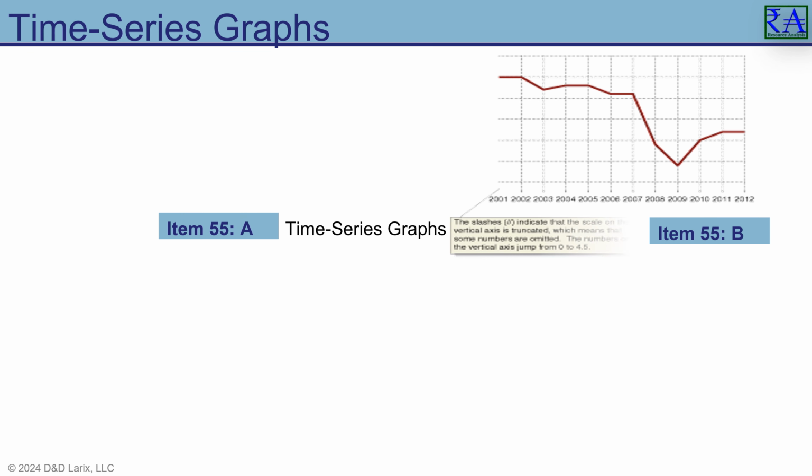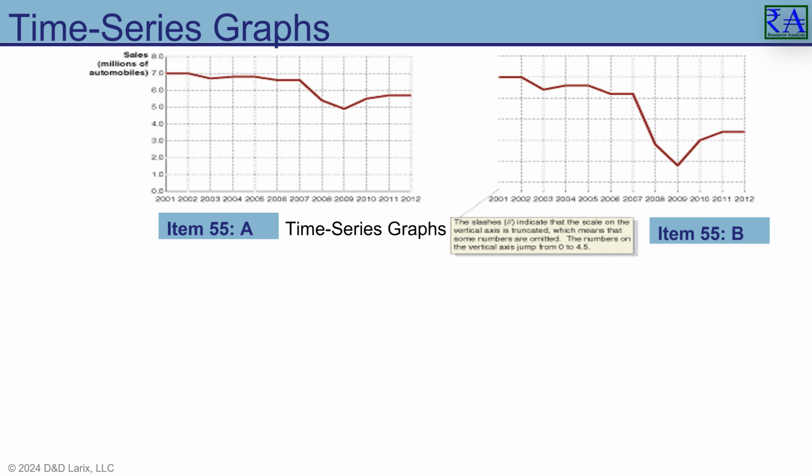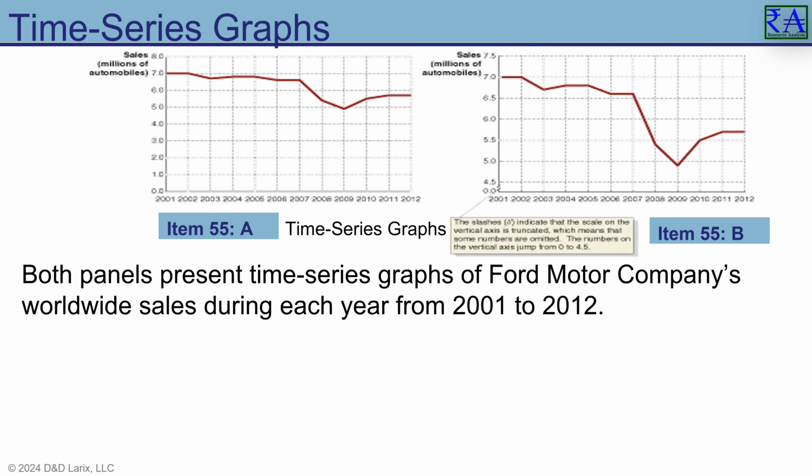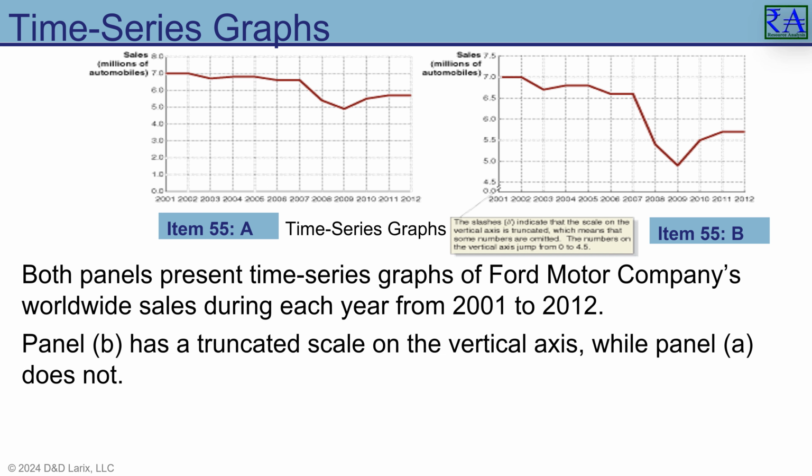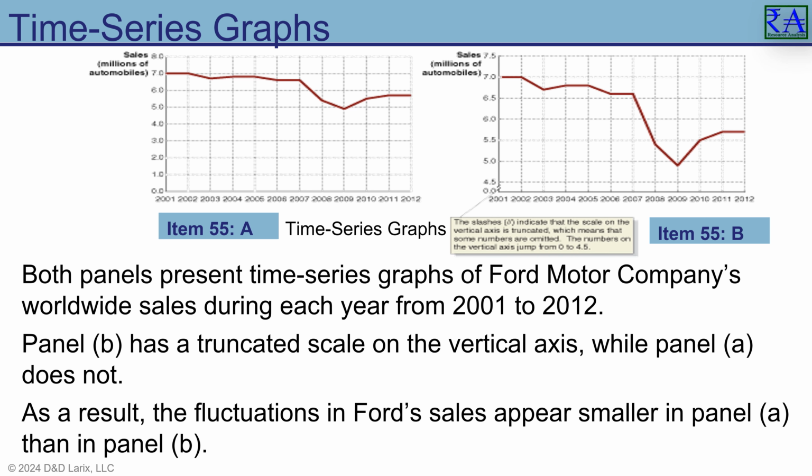Often, we display data as it was observed through time. In this case, it is Ford Motor Company sales each year for 11 years. Panel A puts the line on the chart starting at 0 sales, climbing to above 7 million cars sold. Panel B shows the same data, but truncates the first 4.5 million sales to give more resolution to the line's changes. The data are identical, but if you did not pay attention to the y-axis values, your understanding would be skewed. Hey, watch out for this one. It happens a lot in our lives, not only in economics.